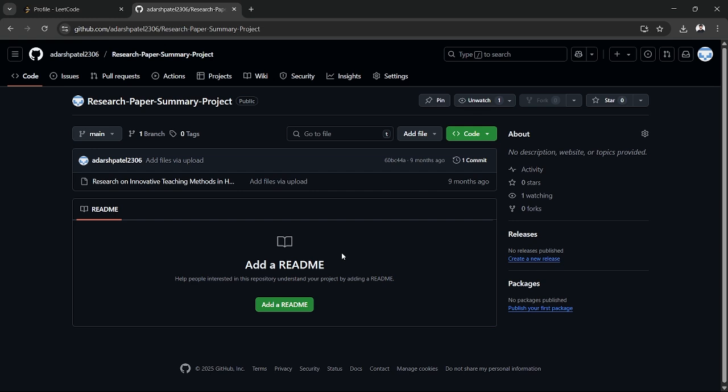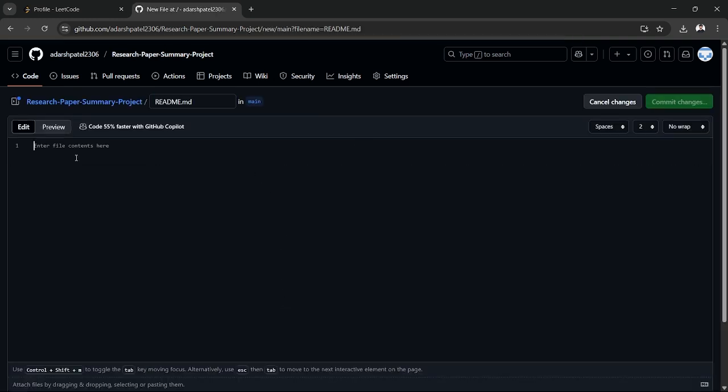So all you need to do is to just simply log into your GitHub account and open the repository to which you want to add a README file, and this is the interface that you're going to see right in front of you. And here is a big option that says add a readme. Just simply tap over here and a window of text will open. Here you can write whatever you want to write about your project,